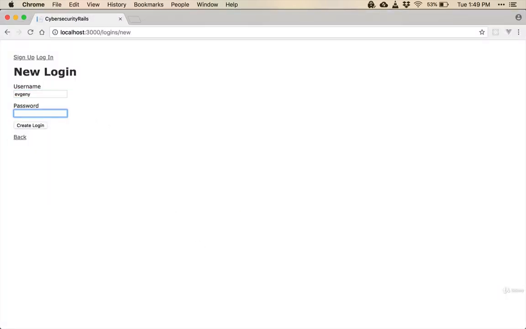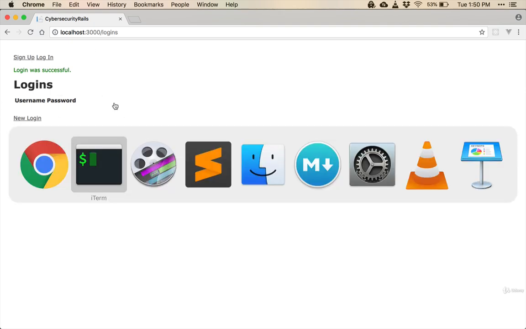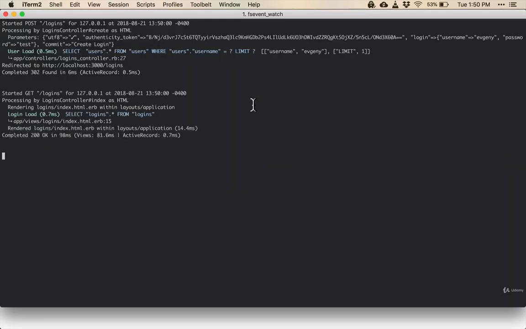So we have already fixed it so that you can't have this show up in plain text. And so we've logged in, login was successful, but there's an issue here, and that issue is that the password is showing up in the log, and you can see it right there. So of course this is a problem because logs are usually not treated as securely as other parts of an